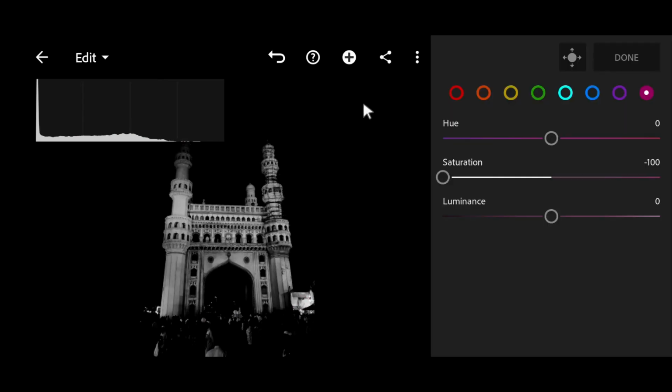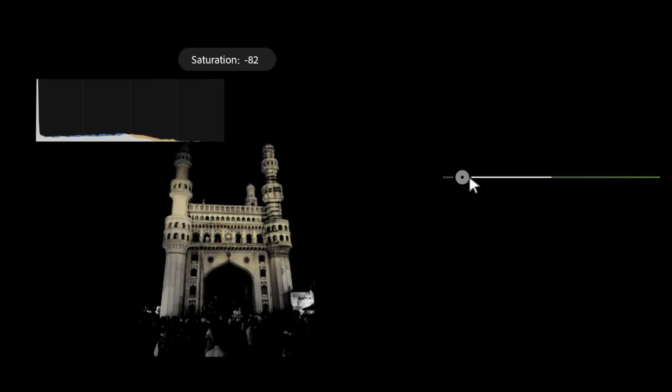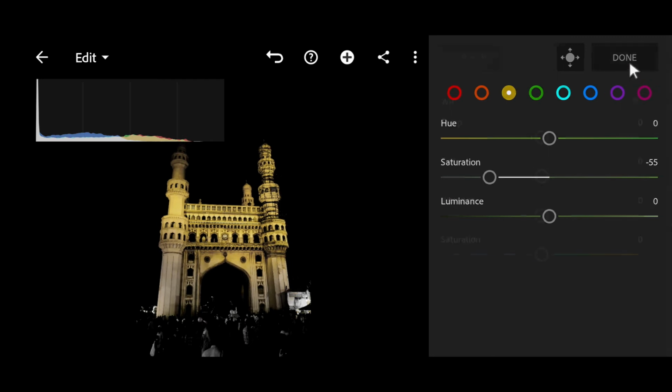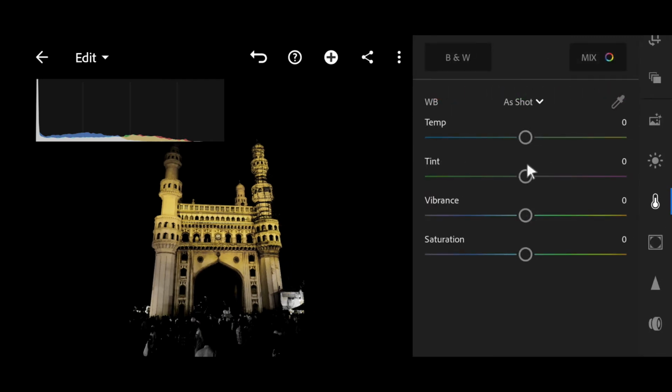And this is pink. So I'll add yellow color now. Okay, this thing is looking good. Not too much, but I'll keep it at around minus 55. Minus 55 looks great. And I'll click done. And I'll not touch any other thing.